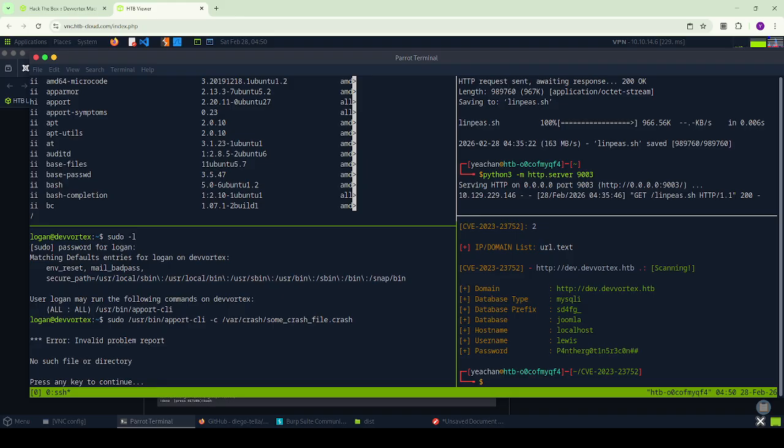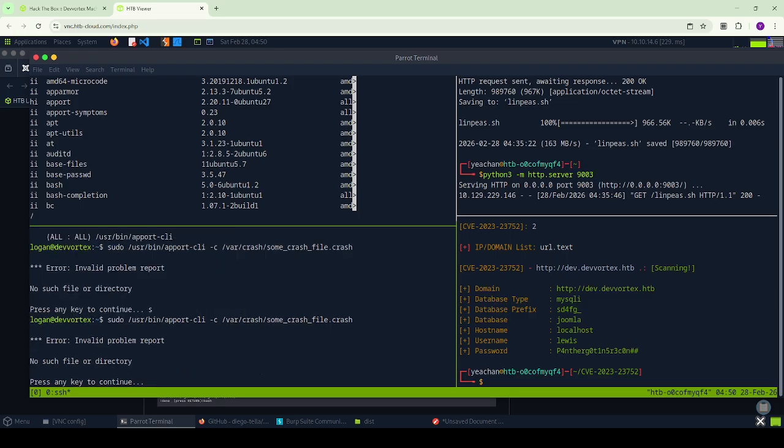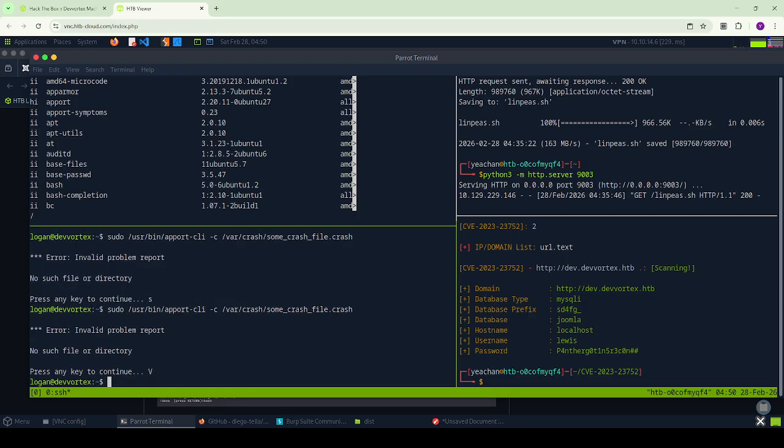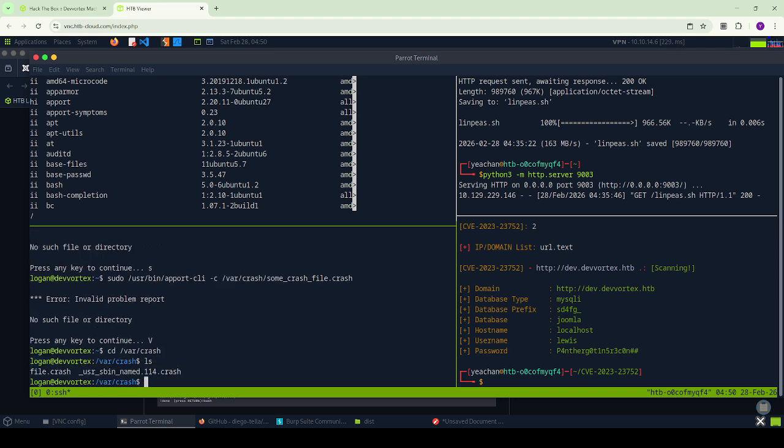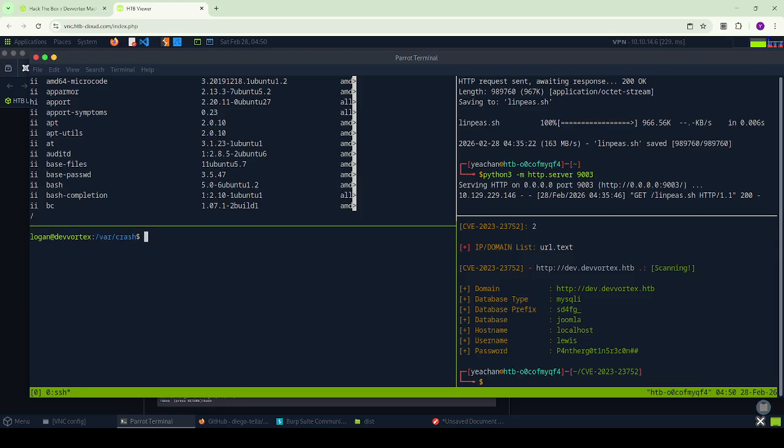It says maybe I can try v. It doesn't work. I need to navigate to this folder. Actually there should not be there. I think clear this again because when I previously did this I used it, but maybe we can create just a random